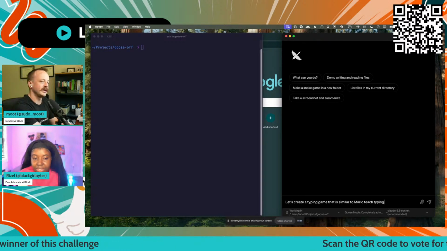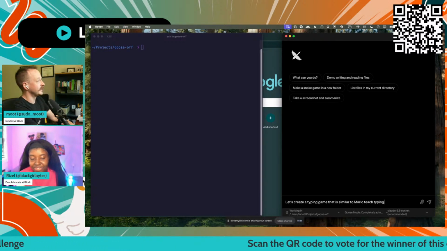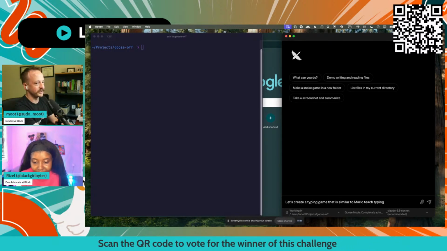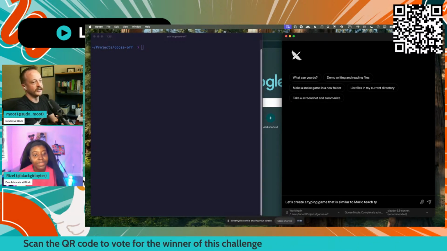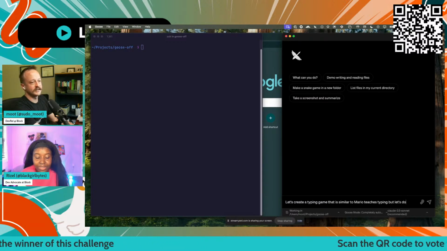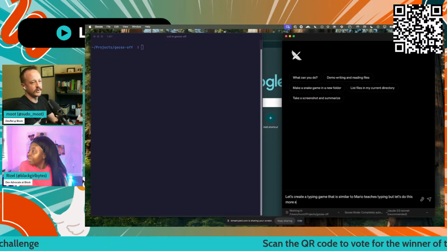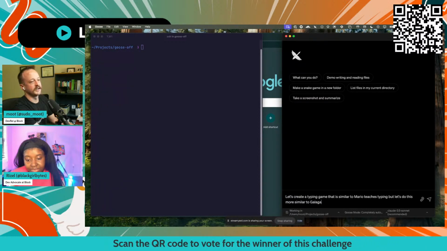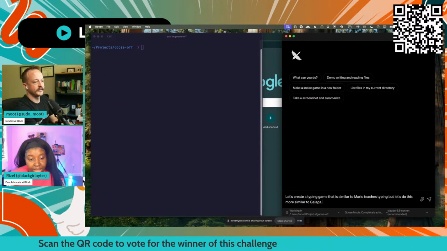I'm gonna create a typing game. There's an old game that I was a really big fan of as a kid. It was called Mario Teaches Typing. I don't know that one. Let's do Mavis Beacon. This is more similar to Galaga. I don't know that either.